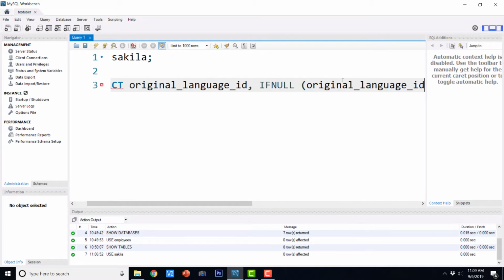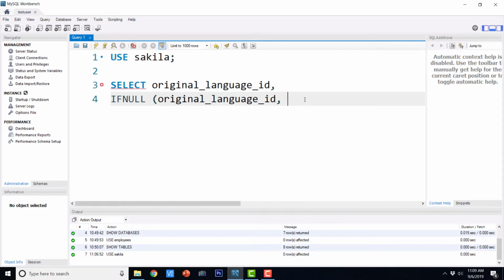So I'm just going to copy this, comma English, from film. Okay, so let us execute it and then I'm going to explain how ifnull works.